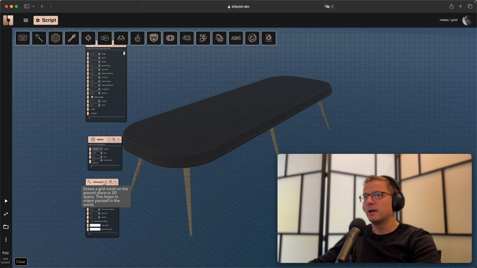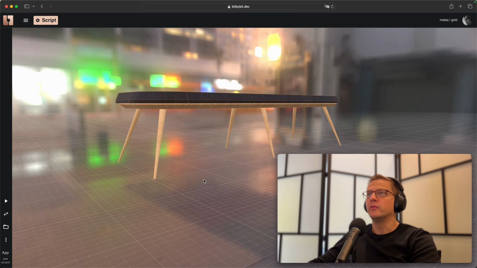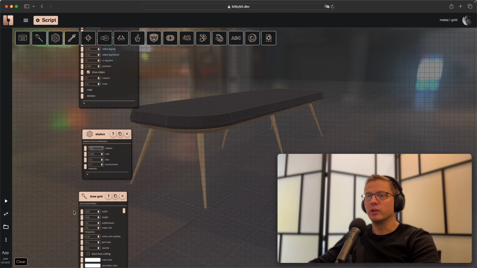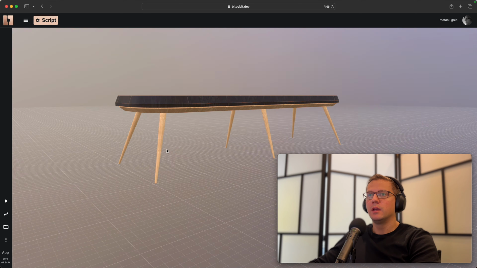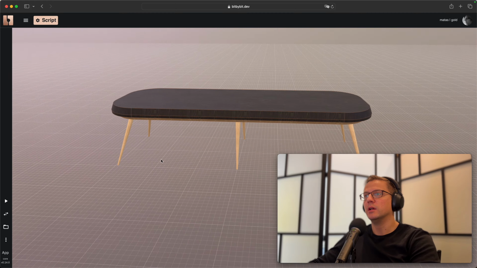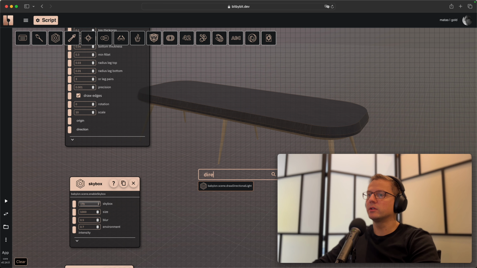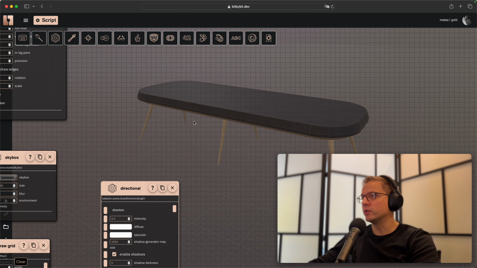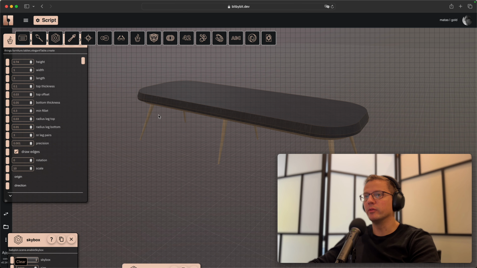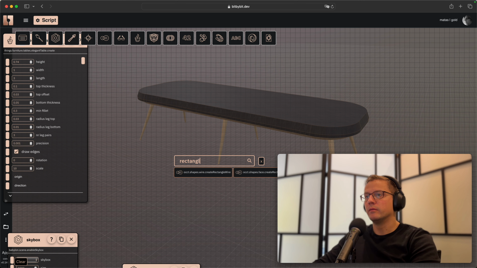And also you can just change, for example, to city kind of environment if you prefer that. You can also increase a bit of blur. So let's make it 0.5. And you see that now it's nice and blurry. I also always like to create a light, so directional light, for example. So it's also gonna create a shadow, and the shadows are not yet visible because we have a ground that is just a grid. To create a real ground, we'll create a face, so rectangle face,